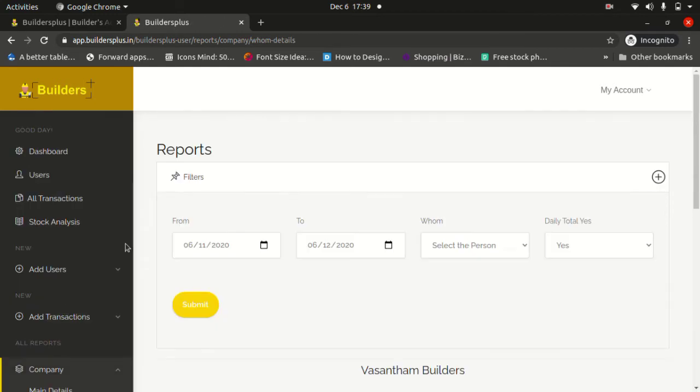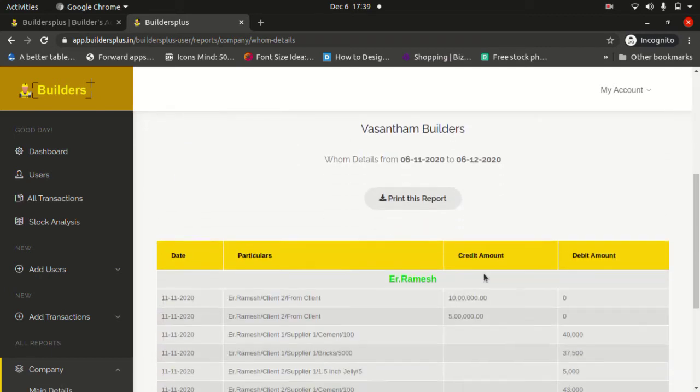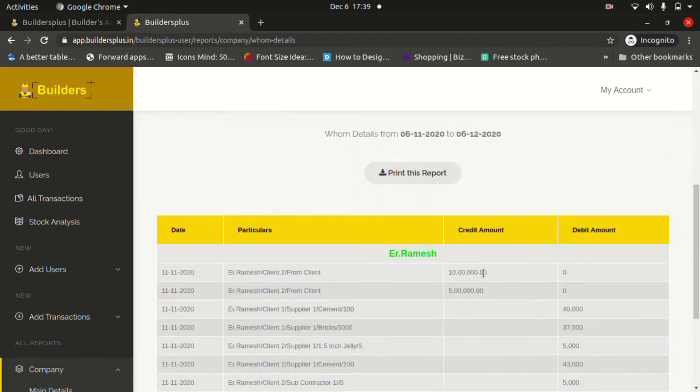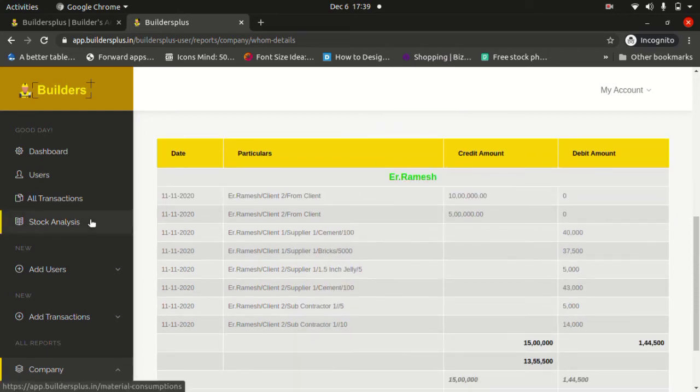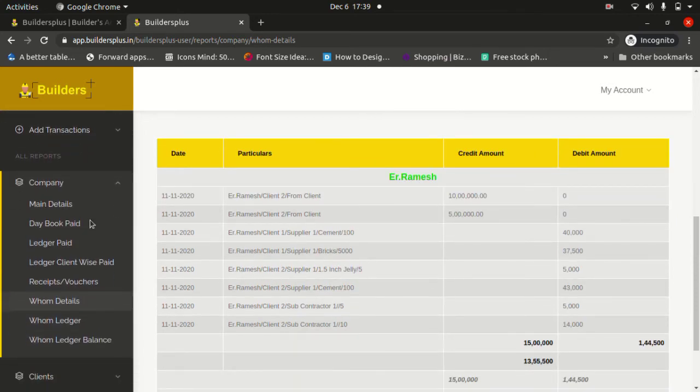Home details in the sense, you may have different engineers or supervisors, and you can track through which supervisor you made more profit under this report. Currently we have only one engineer, his name is Engineer Ramesh.